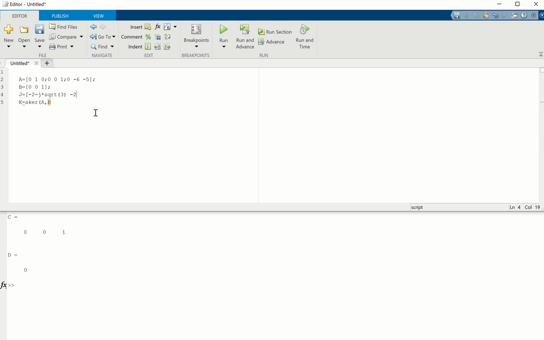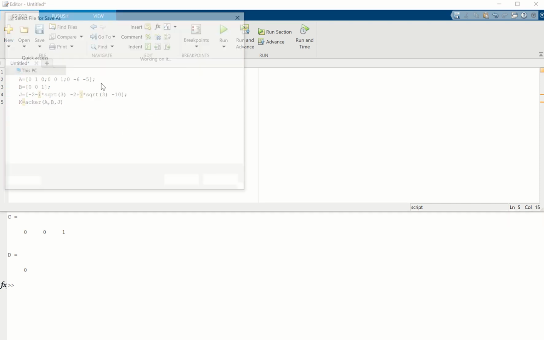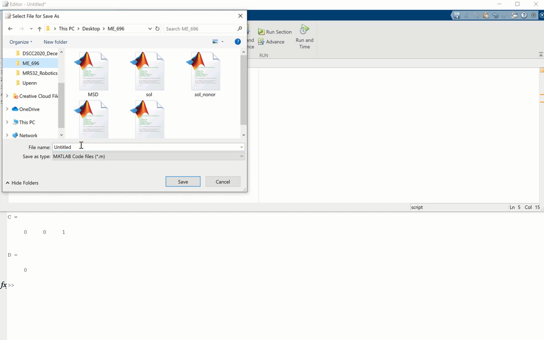Minus 2 plus j, where i and j in MATLAB have the same meaning: a complex number, an imaginary number. Square root of 3, and then minus 10. Here we go. So Ackermann, Ackermann is wrong. Ackermann, A, B, and J. So I'm going to save it in ME6196. So you're going to have Ackermann of